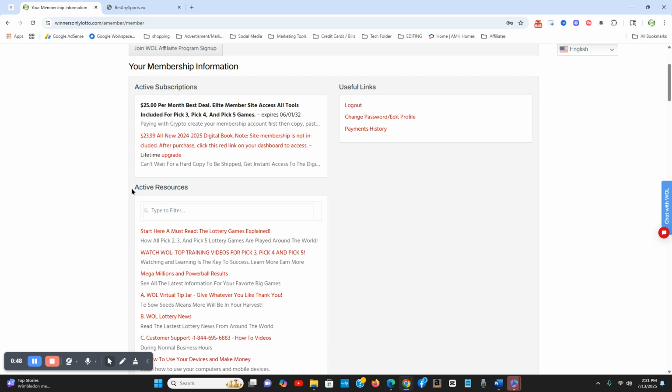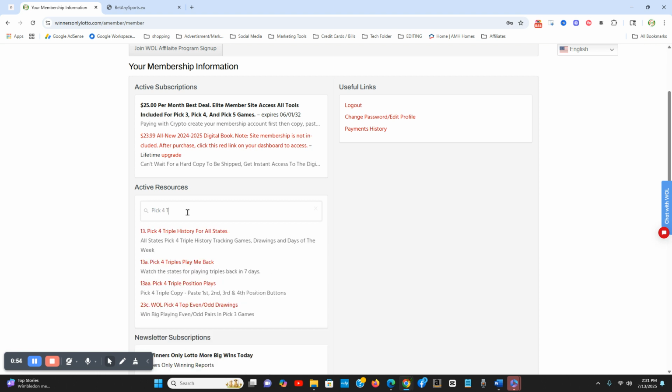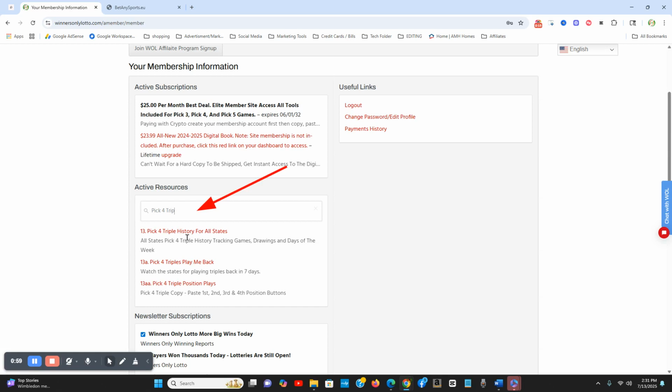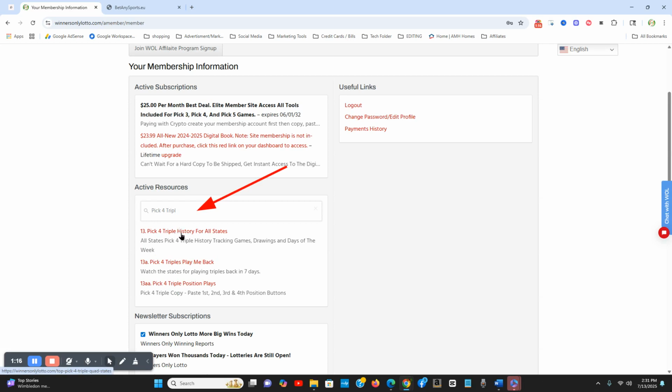So, on this dashboard, you have active resources. We're simply going to type in the word pick for triples. Now, I've gone over this recently on a live in the private Facebook group: why pick 4 triples as opposed to quads? And I'm going to share that information with you again in this live video. So, pick 4 triples, as you can see, when I type that in, that pops up on the dashboard, and we have three